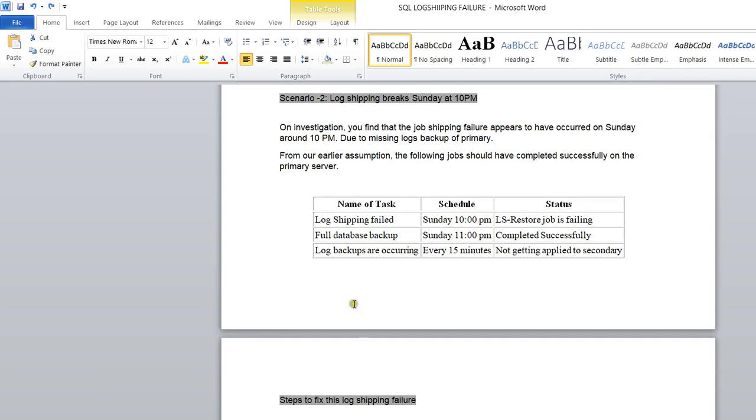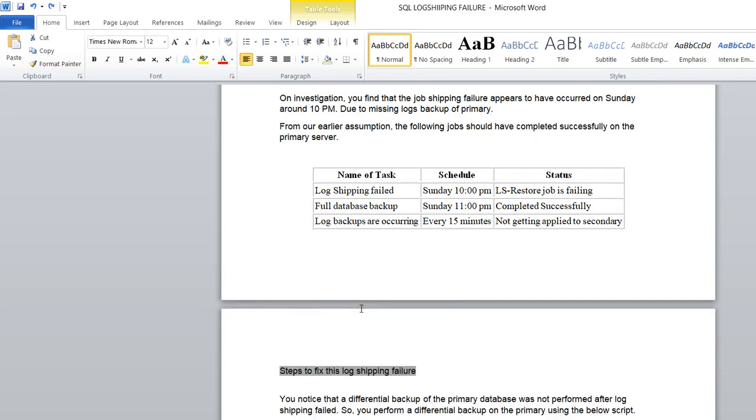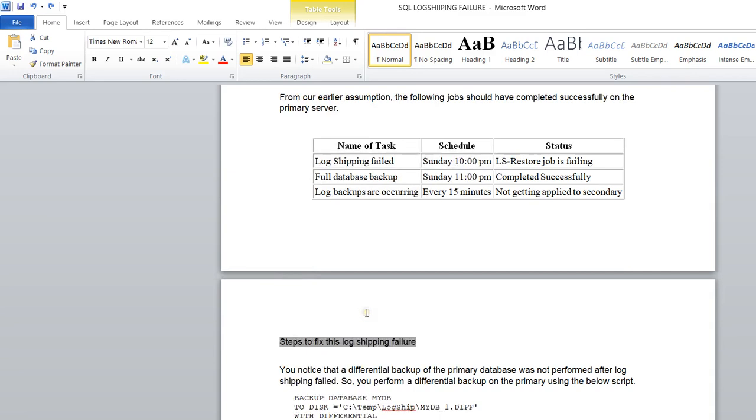As we know, a differential backup can only be applied once the full backup has been applied on that particular database. Let's say you have a database and you didn't restore the full backup, and you try to restore a differential backup. It will fail because the full backup base is not there, the differential LSN base is not there.